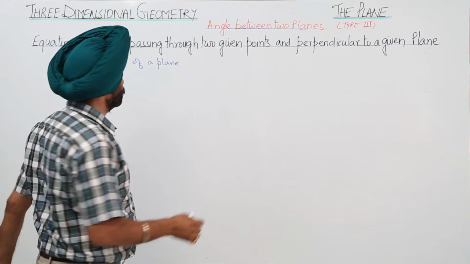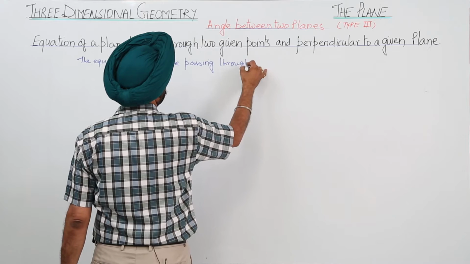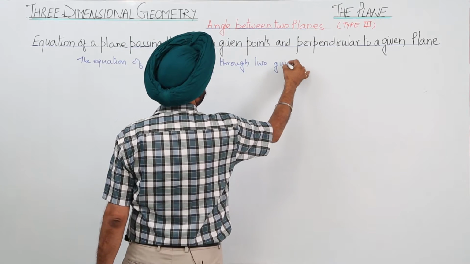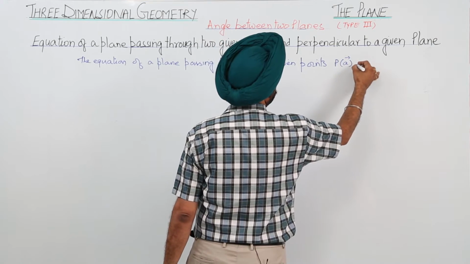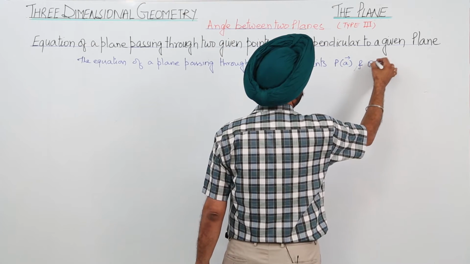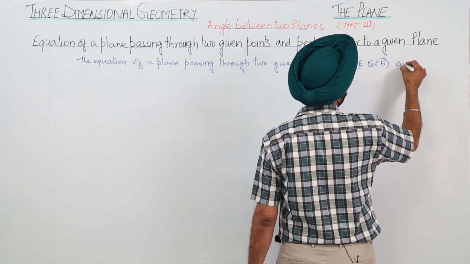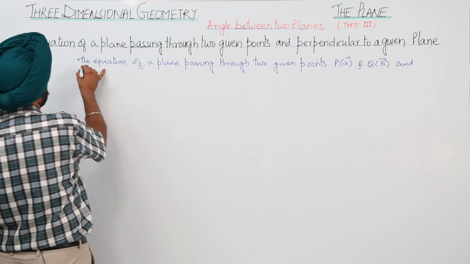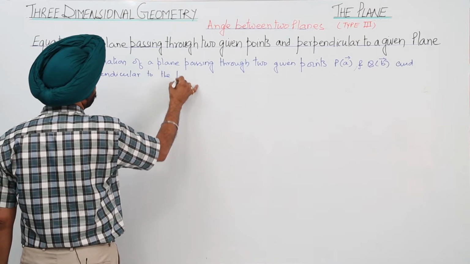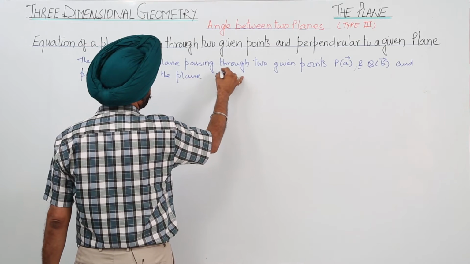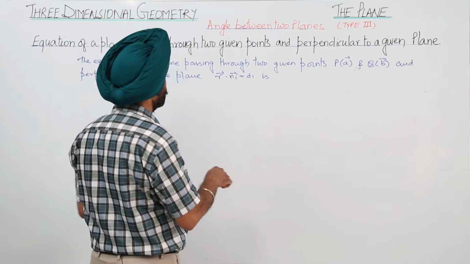now a plane passing through two given points, the equation of a plane passing through two given points, that is, let the points be P and Q. The two given points P and Q and perpendicular to the plane, and the equation of the plane is vector r dot product vector n1 is equal to d1. Now the equation is given as